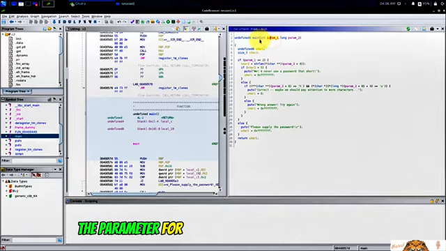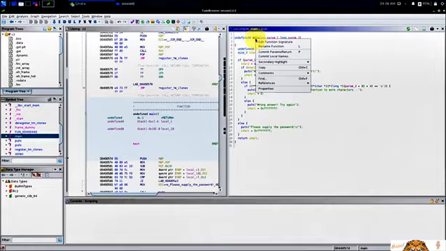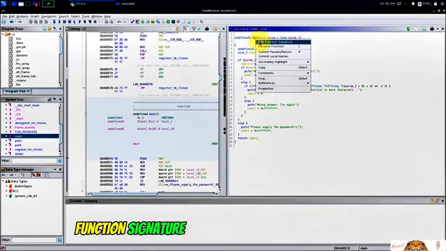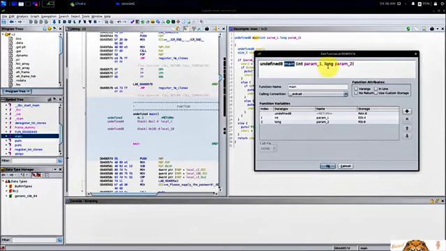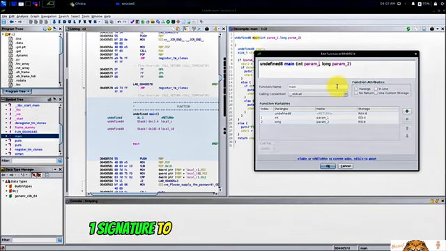The parameter for the main function is wrong. The signature is wrong. We are now going to correct it. Right-click on the main function and select Edit Function Signature. Change the param1 signature to argc for argument count, and for param2,